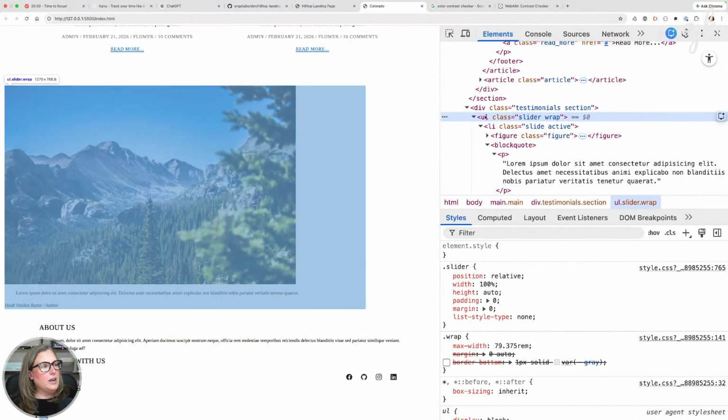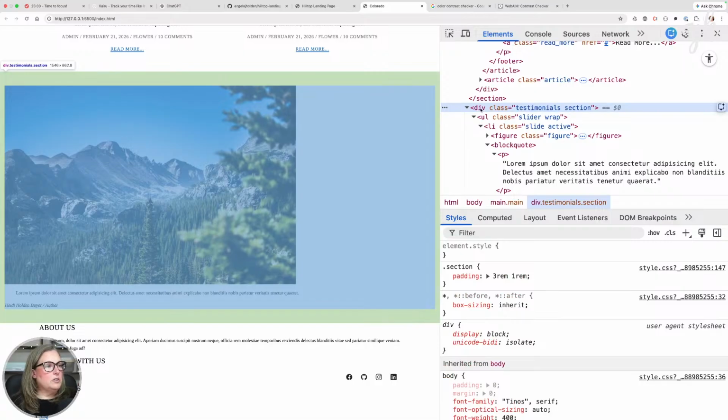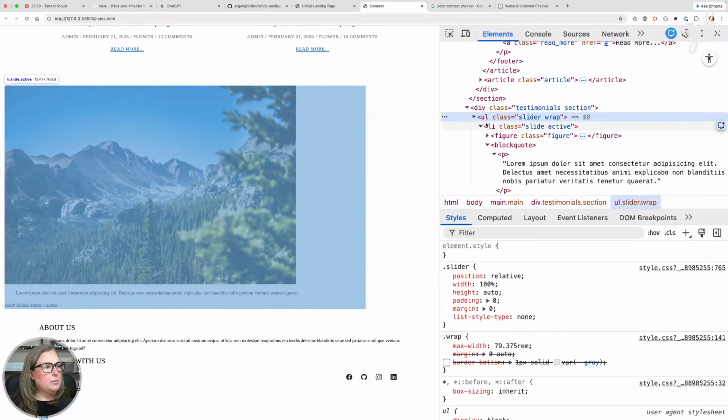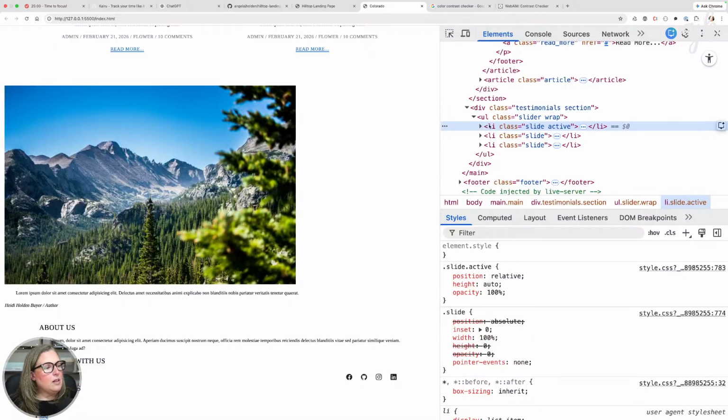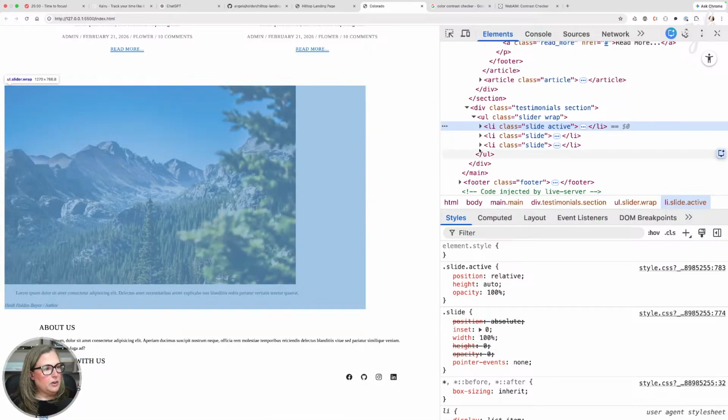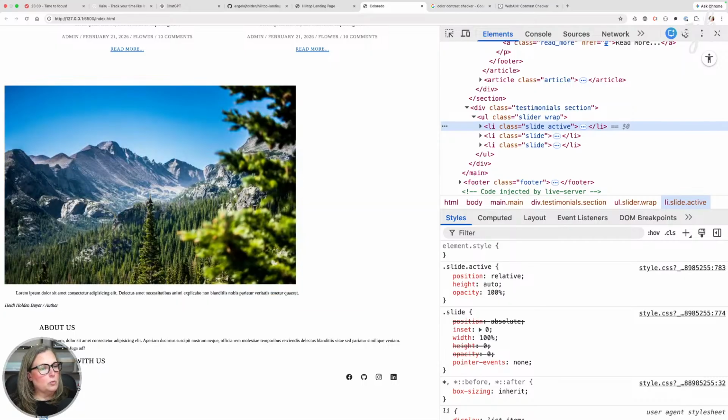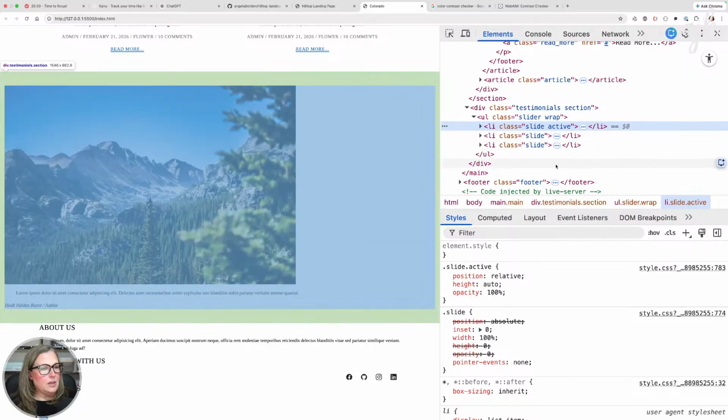Okay, so here's our slider. Here's our testimonial selection. Here's our slider wrap. Here's our LI. So when the LI is active, so these are all stacked on top of each other, when the list item is active, then this container will grow or shrink depending on the content.